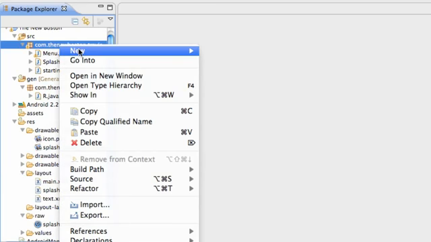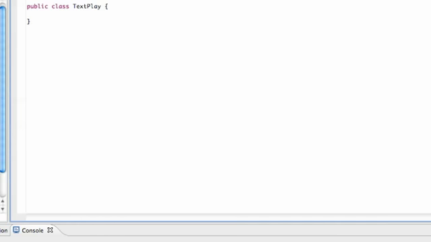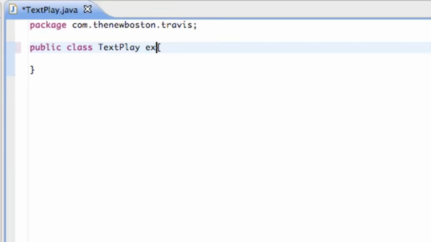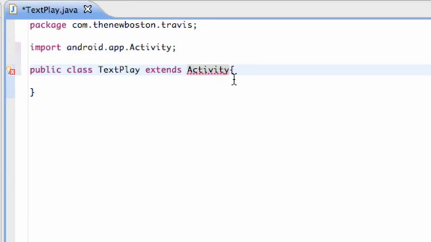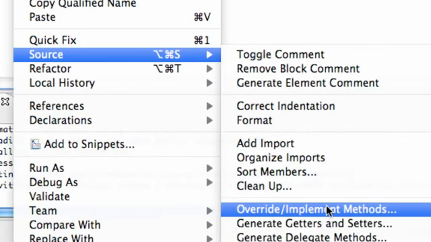So what we're going to do is create a new Java class. You guys probably already know how to do this, and we're going to call this class text play, whatever, something like that. And going to open that up. Again, this is going to be a regular activity that you guys might be familiar with, should be, hopefully. And extends activity. Again, we're going to import activity, and we're going to add the onCreate method by, again, source